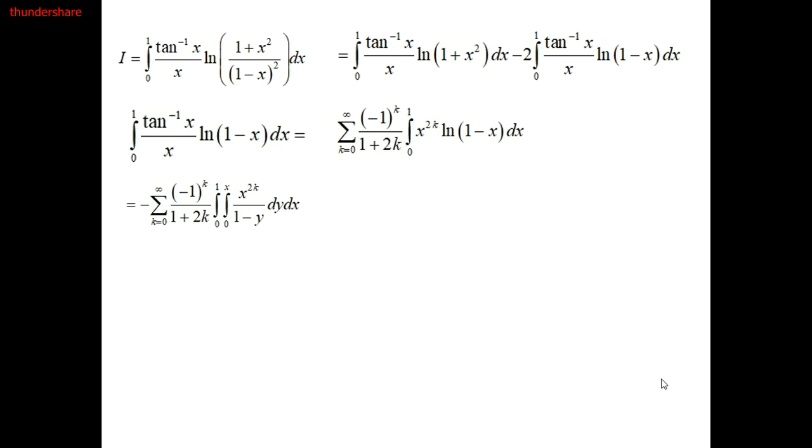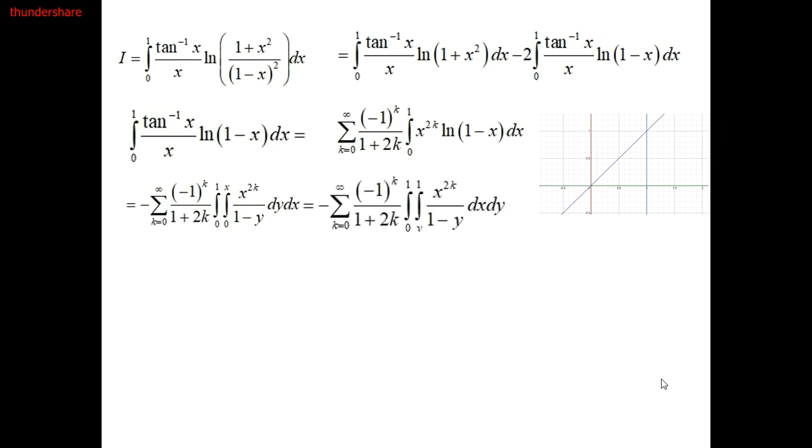As we know, ln(1-x) is the same as the integral from 0 to x of 1/(1-y) dy. We can change the order of integration by determining the shaded area, which lies between x equals 0 and x equals 1, and y equals 0 and y equals x, and change the horizontal and vertical slice. So the integral will be negative sum k equals 0 to infinity of (-1)^k divided by 1+2k,